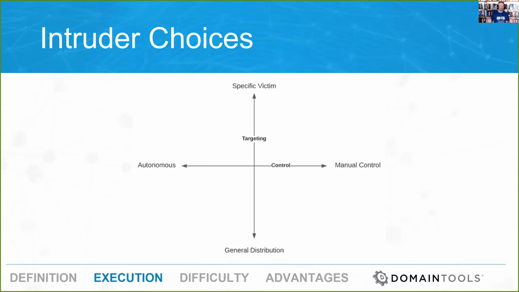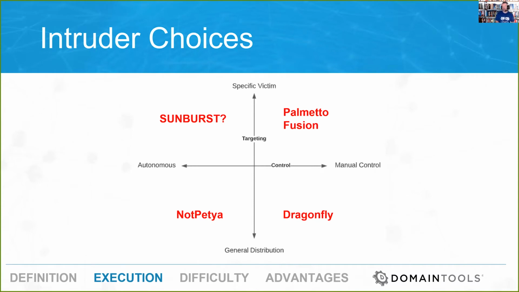We're just going to introduce something into the supply chain and watch the world burn from there, which obviously entails some degree of risks. And we see this mapped out to actual events. So Sunburst being fairly autonomous and specific in victimology, at least from an initial intrusion perspective. The Palmetto Fusion campaigns being very specific in victim selection, but very manually operated in terms of credential harvesting and